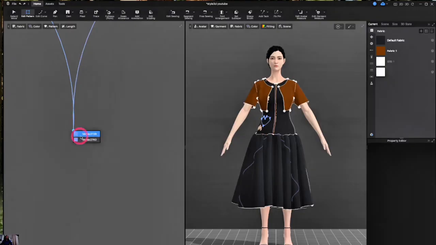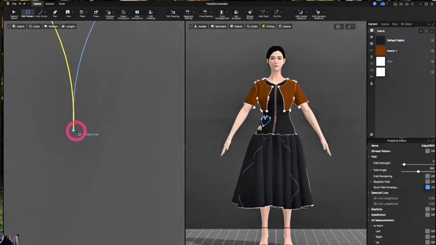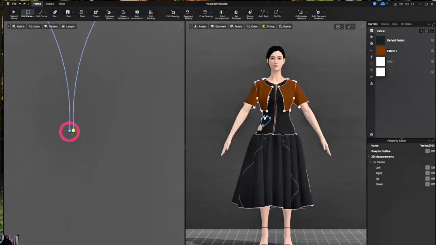So you have to make sure that these are not crossing each other, right? So for that, I'm going to just merge the 2 points,